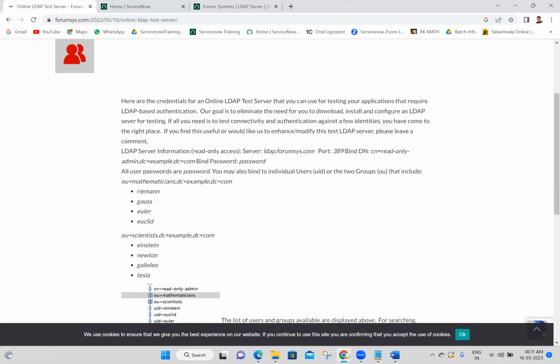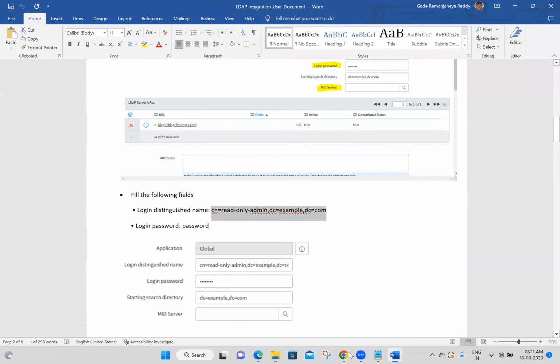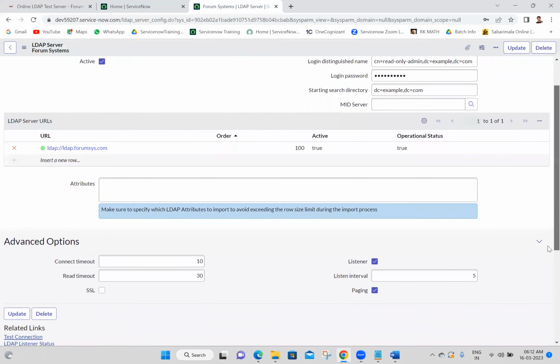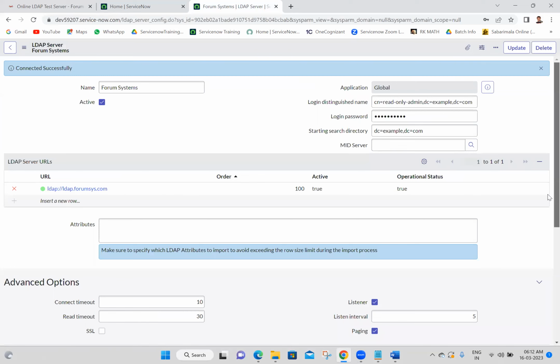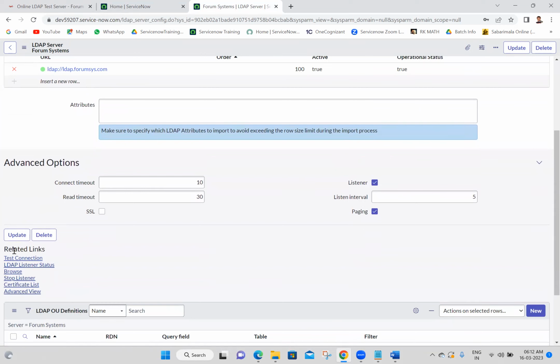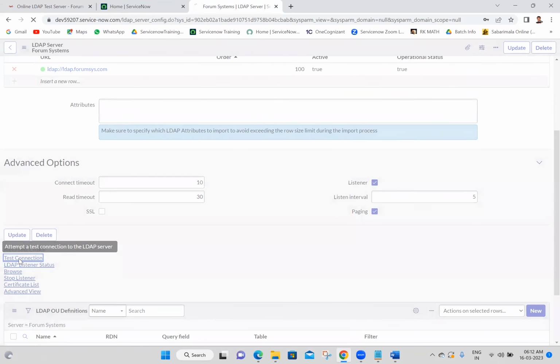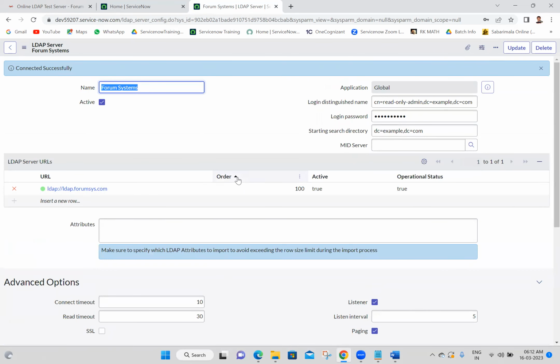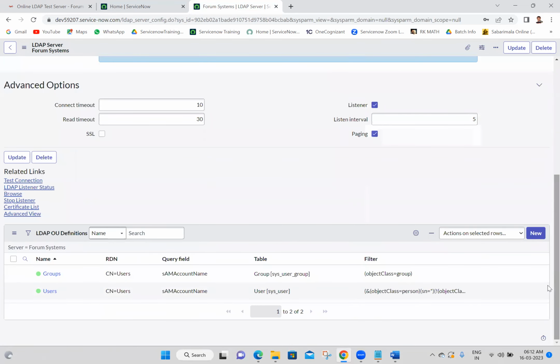You can see I have successfully created the LDAP server and the test connection is also successful. If the connection is not successful, you have to click on this test connection and check whether the connection is okay or not. Finally, connected successfully. Whenever you create an LDAP server and the connection is successful,